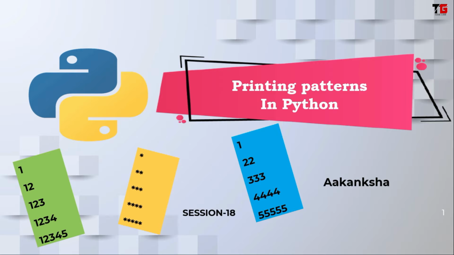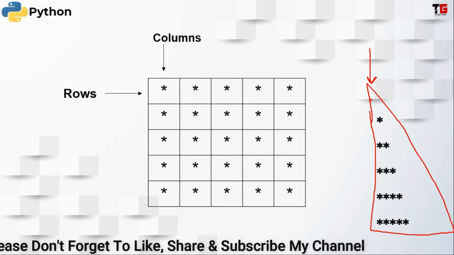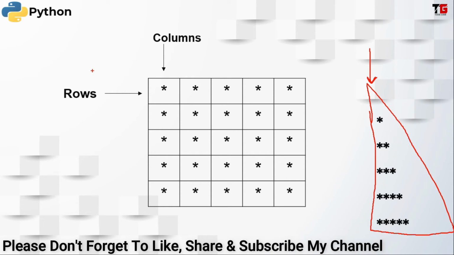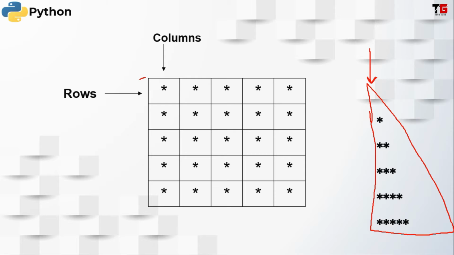Friends, I will tell you one simple logic. With the help of that logic, you can solve multiple patterns. So let's start. Consider you want to display this. But before starting with this pattern, let's understand this logic. As you can see, it is a simple grid having 5 rows and 5 columns. Friends, first of all, we have to implement a logic to print this pattern. What logic can we implement?